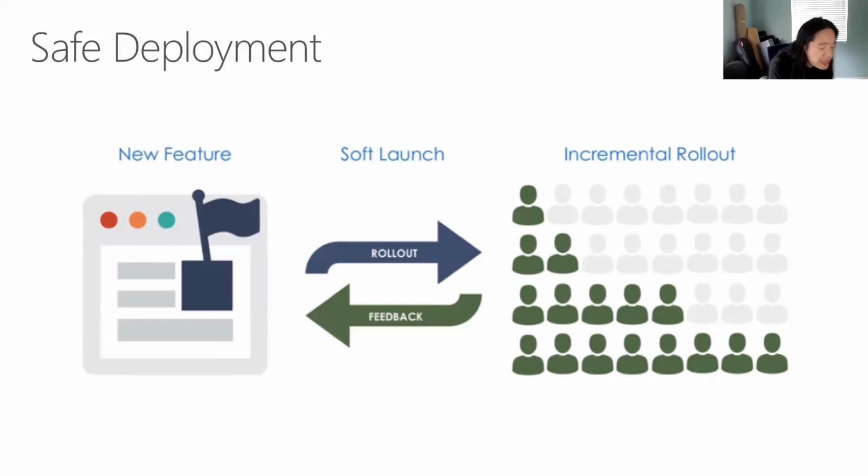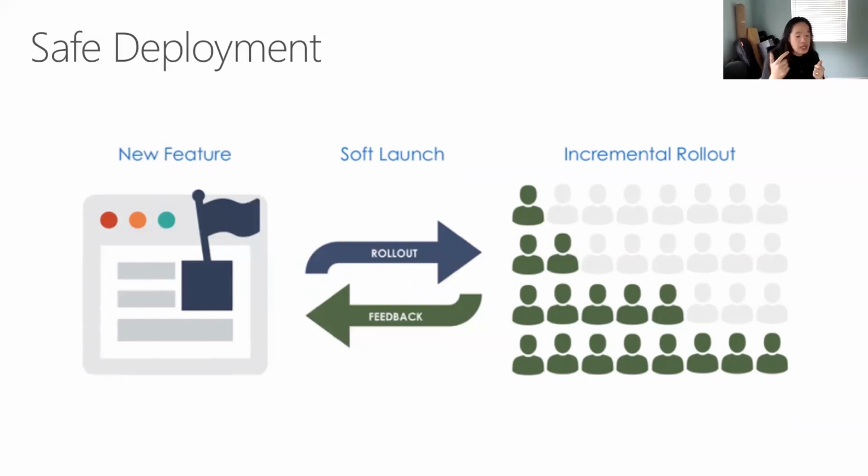To give you a very exaggerated view of safe deployment, what that means is when you deploy your new features out, you don't deploy it to absolutely everybody because you potentially could be introducing a bug or potentially bad things could happen with your rollout, right? So you want to be able to incrementally roll your feature out to people slowly. In this way, you can gather analytics as it's being rolled out to decide, you know what, is this good or not? And then you can slowly start opening it up to more and more people.